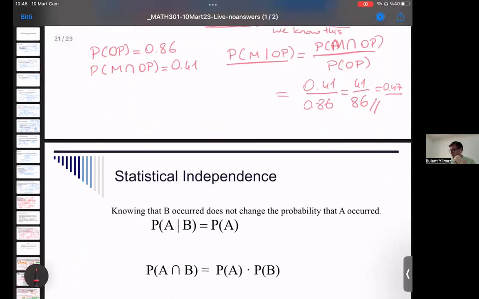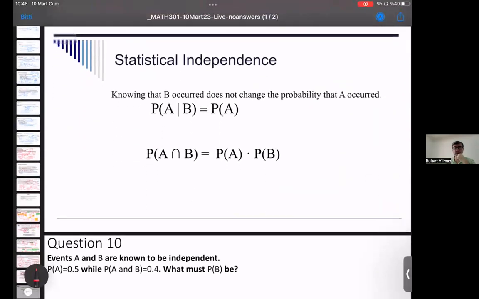Last 5 minutes, and I would like to talk about statistical independence, and then solve a couple of examples and finish, okay? Statistical independence: if events are occurring independently from each other, then we call them independent. It's not a good explanation or definition, but knowing that B occurred does not change the probability that